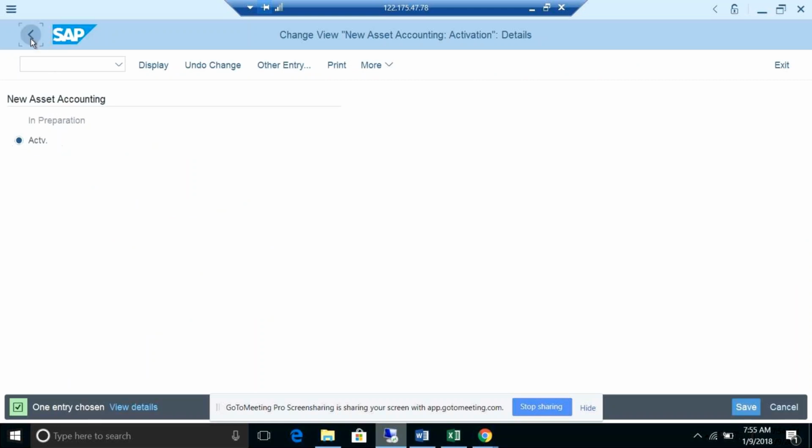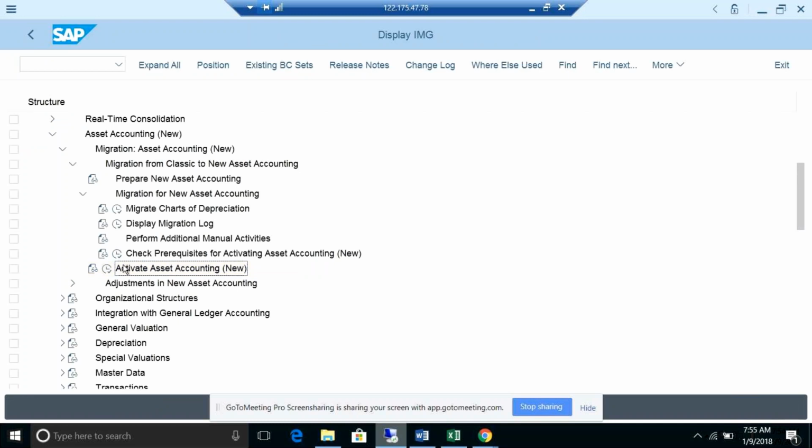This new AA should be mandatorily activated. For EFIN, for example, if you are still on classic and EFIN, that EFIN should be activated in a separate project, and then you go for new AA, then you can go for S/4HANA.